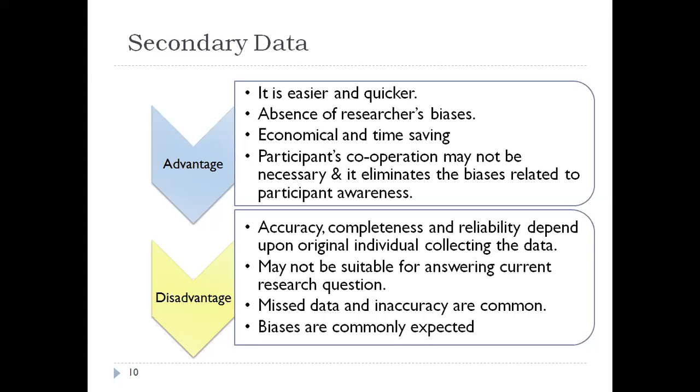One audiogram would have been conducted in the hospital that you are working. There might be an audiogram record which has been collected in a different hospital, and different settings will lead to inaccuracy in the audiogram. So for research, it is essential to standardize the setting in which the data has been collected. So if it is primary data, then we will be able to ensure in the research protocol that the settings in which the audiogram is conducted are uniform and standardized, right? So that is an example. Biases can be there when you collect secondary data.